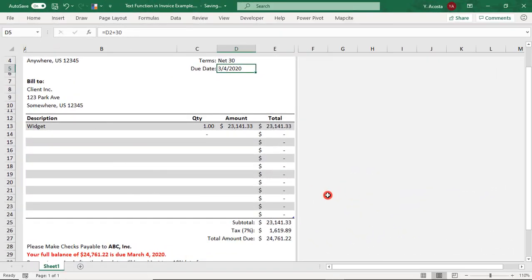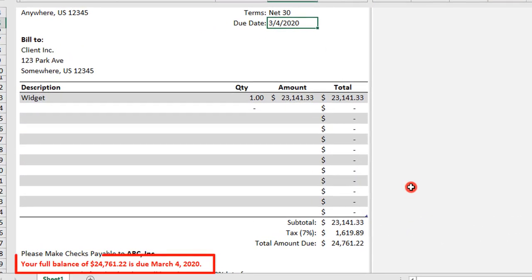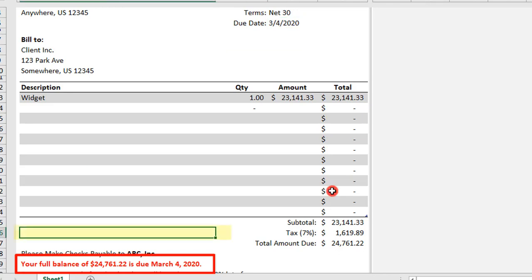So now that you know how to use the TEXT function, you can use it to create sentences like this one where text is combined with formula results. To do this, let's just recreate it right here. We'll start with the equal sign because don't forget that this sentence is actually a formula, and then quotation marks since we'll be starting with text, and type your full balance of, space. Don't forget the space or everything will run in together. Quotation mark, and we'll use the ampersand sign for joining,